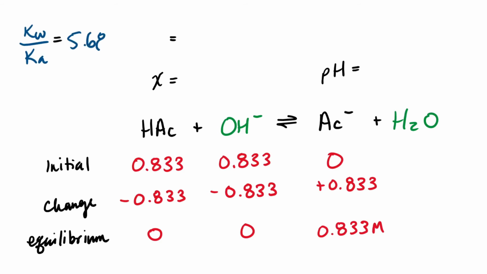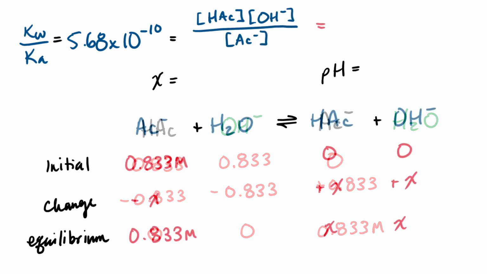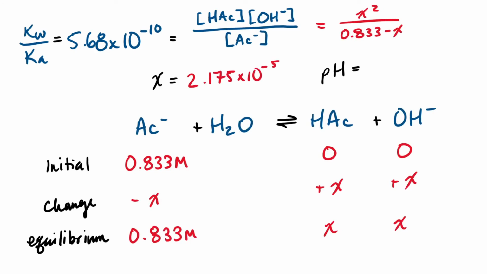Its equilibrium constant is Kb, and we can find that by dividing the self-ionization constant of water by the Ka to get 5.68 times 10 to the negative 10. Now we can calculate the final concentration of hydroxide in the water, giving us a pOH of 4.66 and a pH of 9.34. So adding an equivalent amount of strong base doesn't neutralize a weak acid, it actually converts it into its conjugate base. And instead of balancing at pH 7, we need to calculate the concentration of hydroxide and hydronium by solving